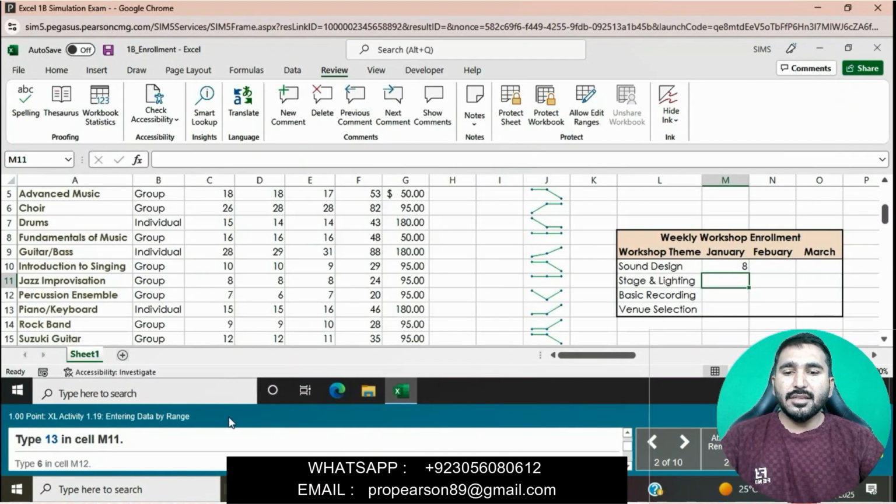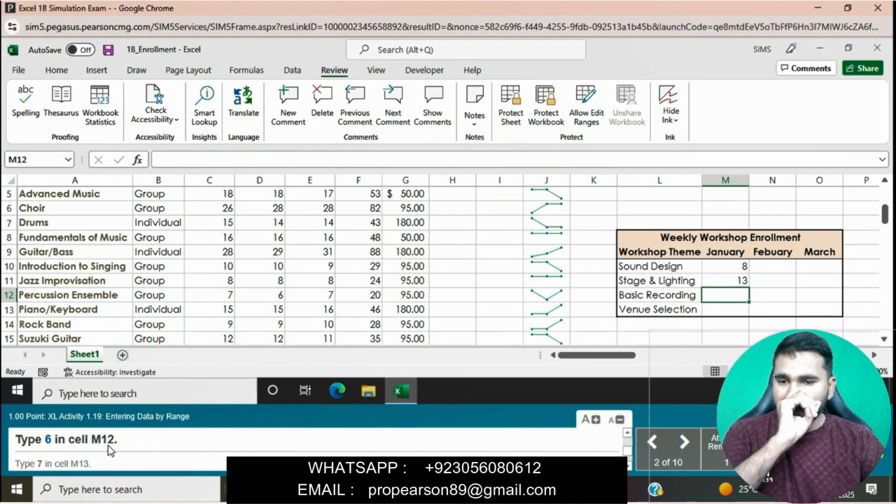Type 13 in cell M11. Click on cell M11 and then we will type 13. Type 6 in cell M12, click on cell M12 and then we will type 6.